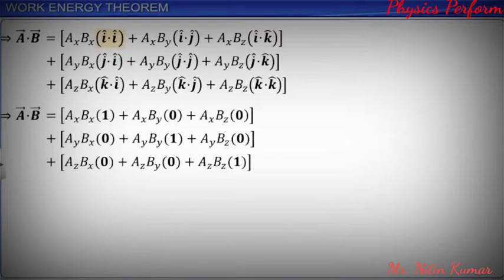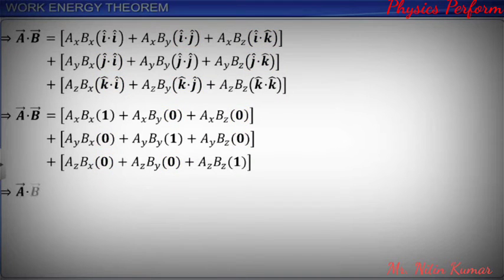Substituting the values of i dot i, j dot j and k dot k as 1, and the values of i dot j, i dot k, j dot i, j dot k, k dot i, and k dot j as 0, and simplifying,